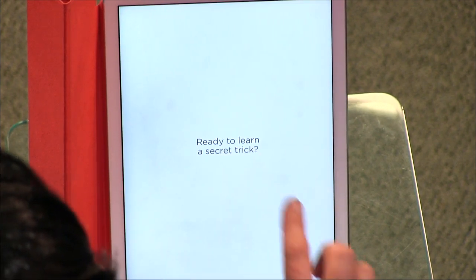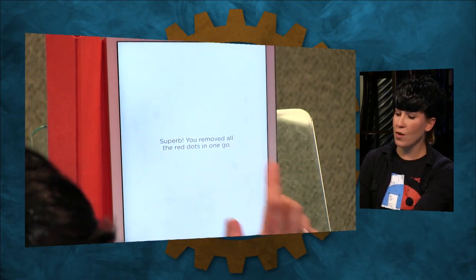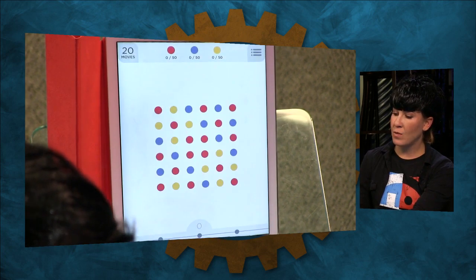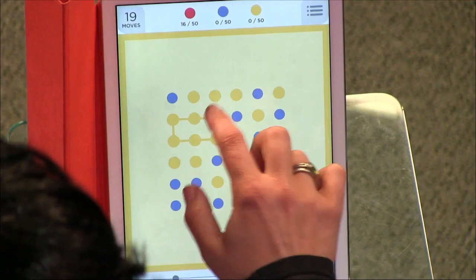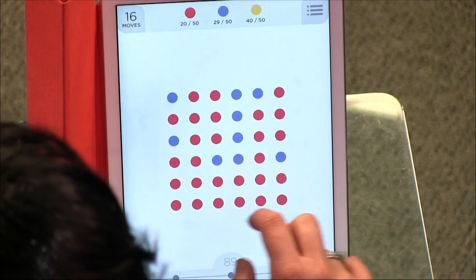Okay. Ready to learn a secret trick? Yes, I am, actually. Try making a red square. That's easy. Make another one. Yes, I know that. That's not even a trick. When in doubt, just make squares. I hate the training that they give you on these. I know, it's silly. So now you know. Oh, rectangles too? What about larger squares? What about tetrahedrons? What about...